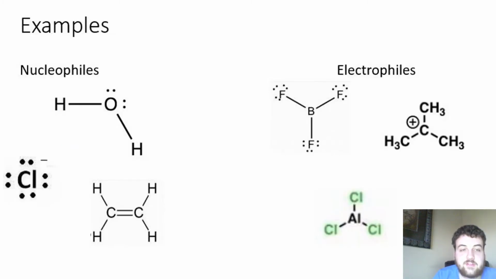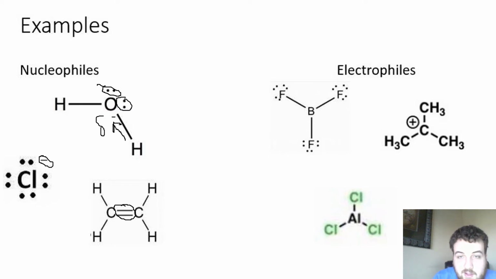So here we have some examples of some nucleophiles and electrophiles, and I can tell that this side has the nucleophiles because we have some electrons here, some lone pairs we can donate, and the oxygen is partial negative and the hydrogen is partial positive due to the differing electronegativities, and we know that the electron density will be going this way. So we know we got a nucleophile, and then for this chlorine we have a negative charge. We know that's a nucleophile, and this alkene has a double bond, a pi bond, so we know that's a